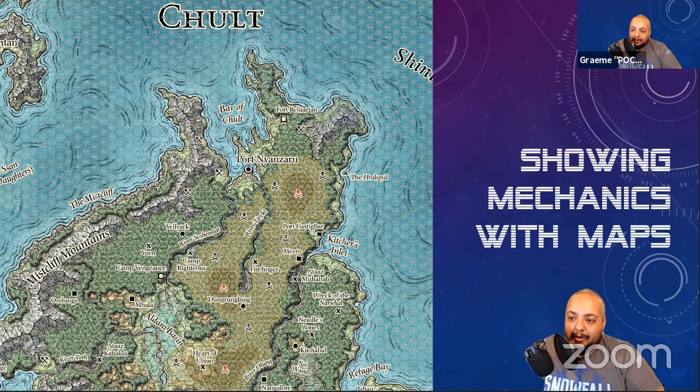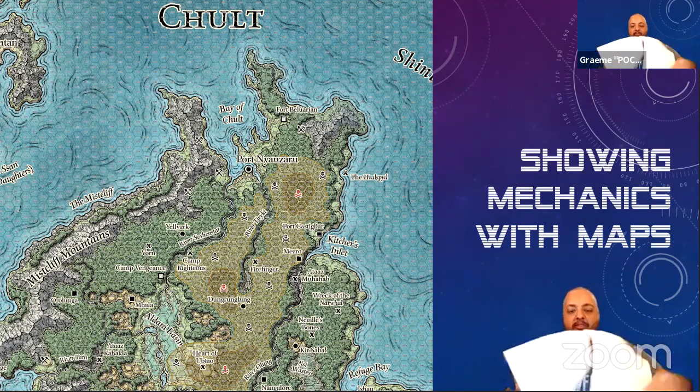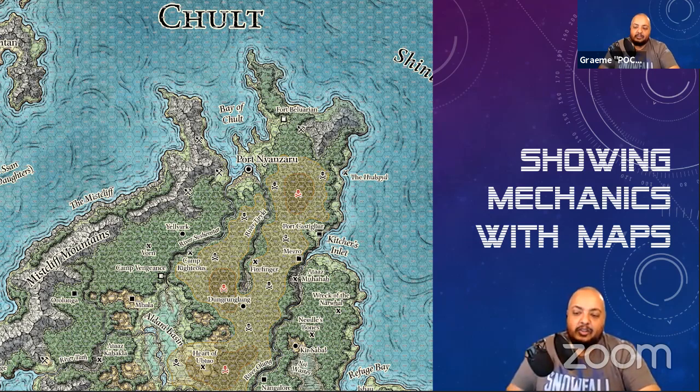So back onto this Chult one, it is communicating out locations. So we have Port Nyanzaru and Fort Balurian up top, Kitcher's Inlet, all that sort of stuff. So we have city and settlement locations, pretty normal, but it's also communicating out event and adventure locations at the same time. So we got all these little skulls and crossbones going on, mine locations, where there's issues in mines, all that sort of stuff. And then it goes further, because not only is it communicating out location points of interest and event locations, all that sort of stuff,